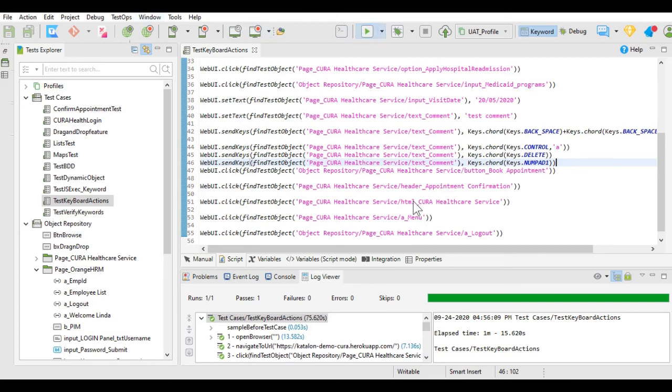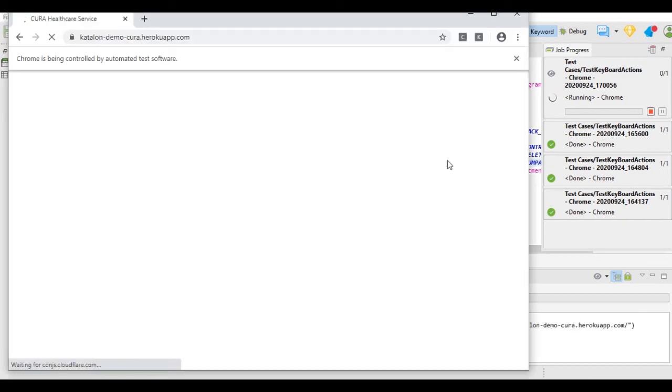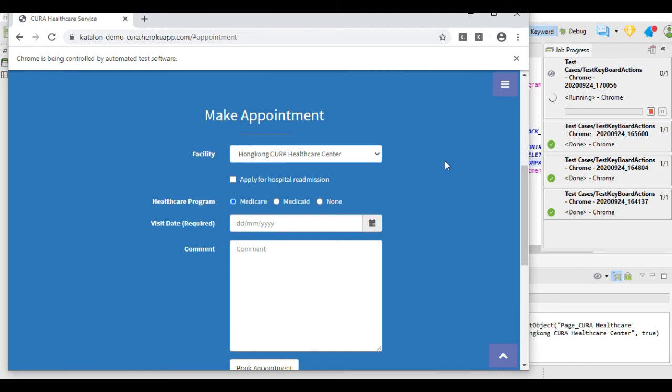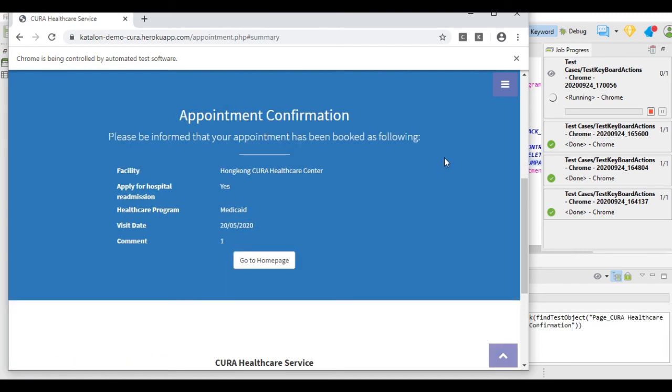So let's execute. In the comment box, it has added test comment, then removed 2 characters, selected and removed it completely by the delete button, and entered 1 by using the numpad key.